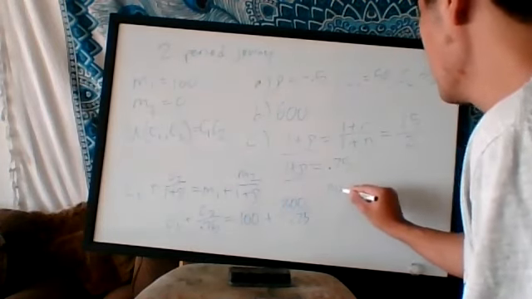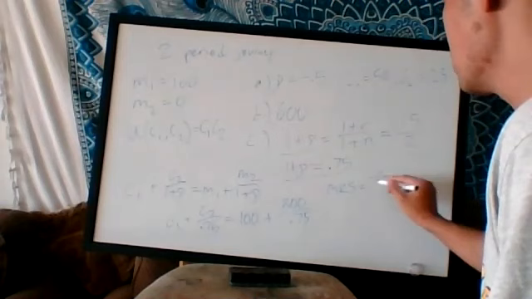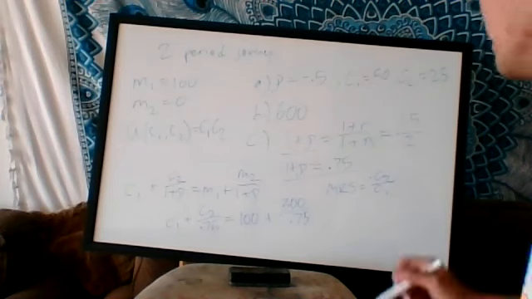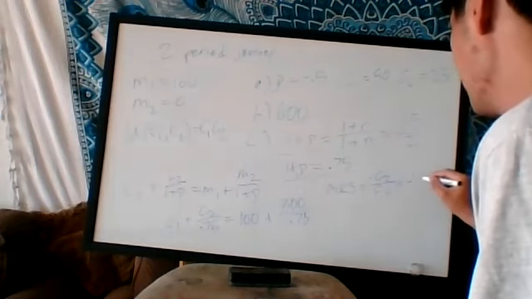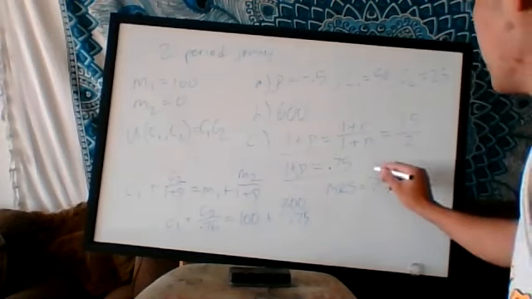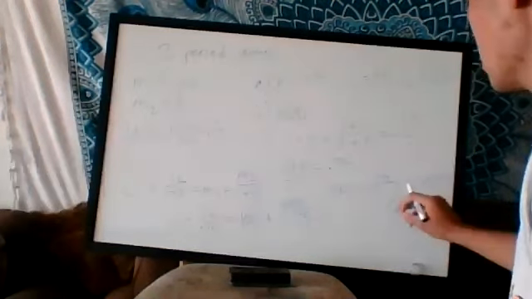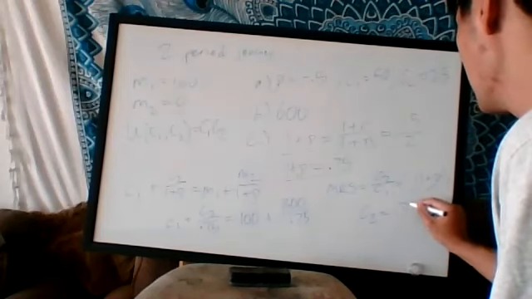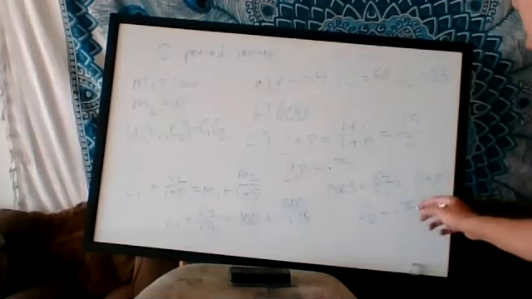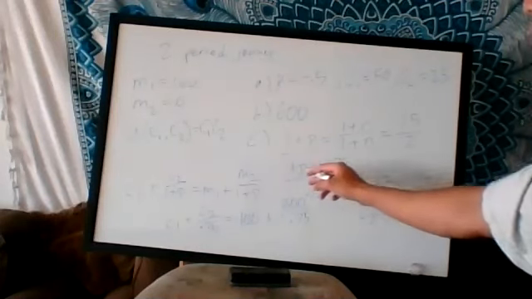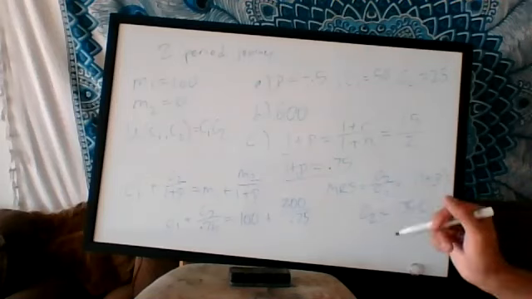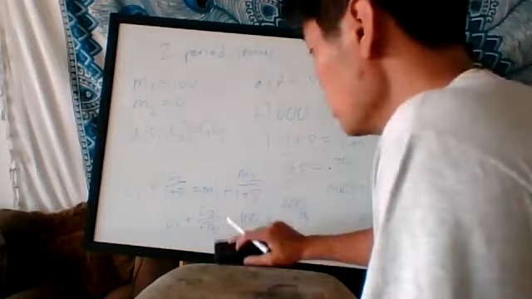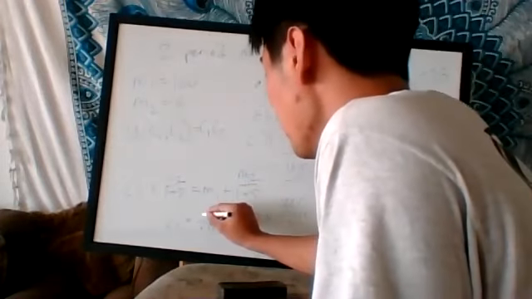I have my MRS, which was equal to negative C2 over C1. We already established that there's diminishing marginal rate of substitution. And so now we're able to set this equal to negative 1 plus rho. The negatives are going to cancel out. And so we get that C2 is equal to 0.75 C1, and we know that this is 0.75 because we already established that 1 plus rho is 0.75. And so now we are able to plug this value into our budget constraint, and get that 0.75